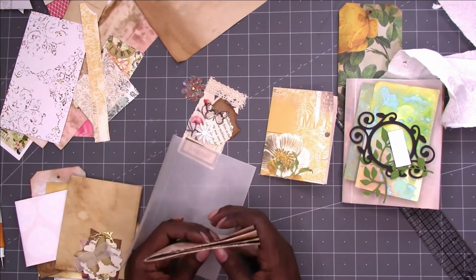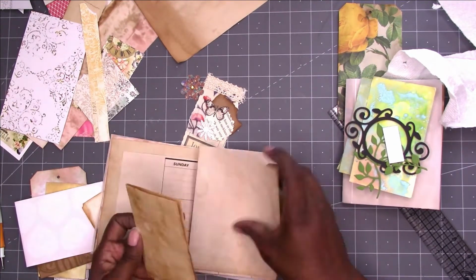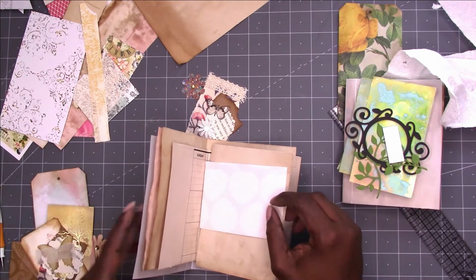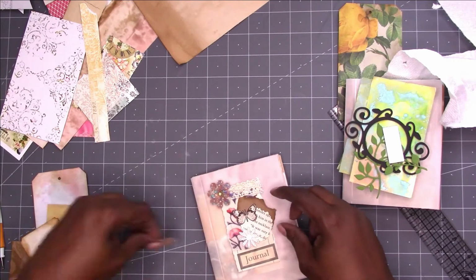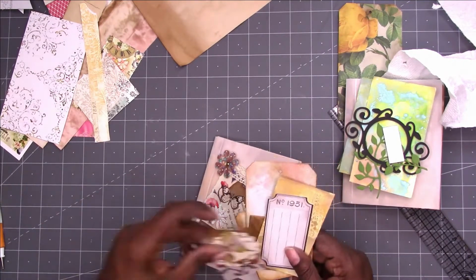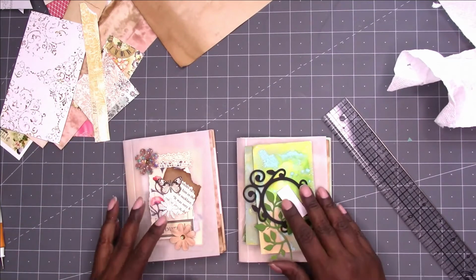So here I'm just building the signature for the vintage look journal. And I'm trying not to put too much thought into it other than to try and keep with the look that I chose for each one. Other than that, I'm just using the scraps that I have, leftover pieces from other journals, and I'm just going to tuck those in for when I start embellishing the pages. I decided not to use that tag. It was a little too big. And I'm again just tucking in what I'm going to use on the inside